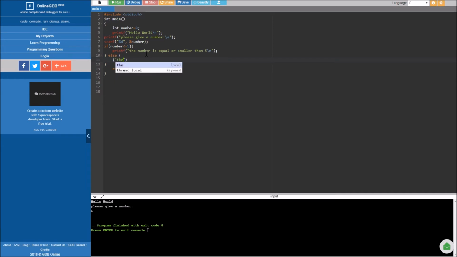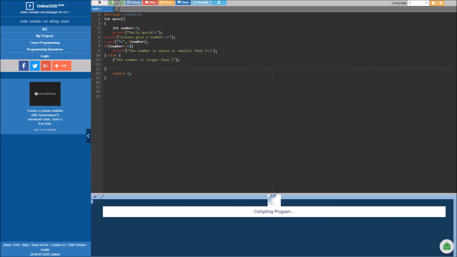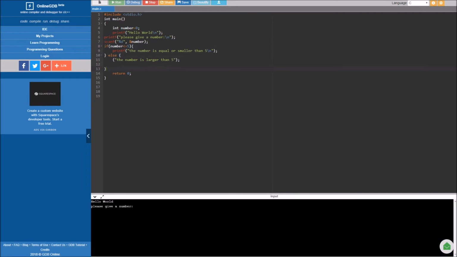Now we type in "the number is larger than 5." We don't need to put it in another row because this is going to be the end of our command. Now we check if our brackets are closed everywhere and open. Now they are. And we run our program, and when we give a number 6 again,